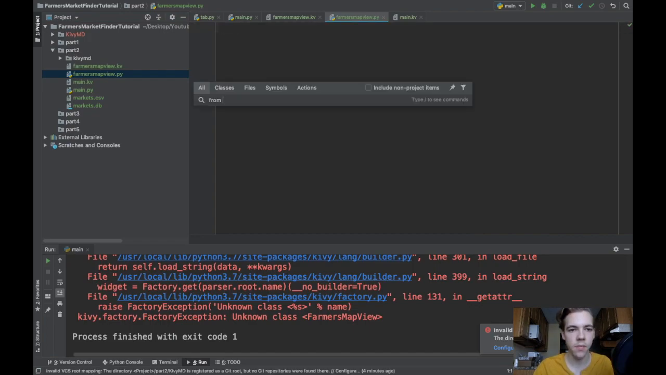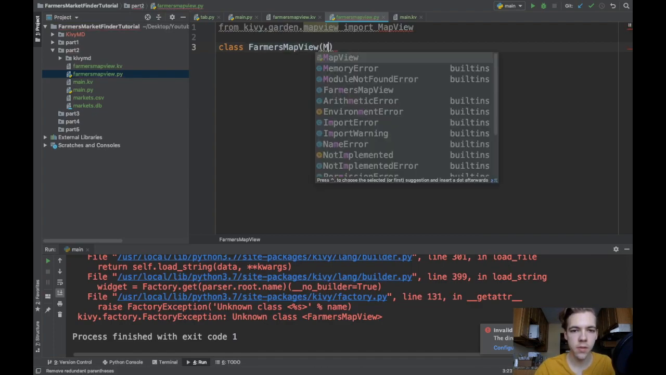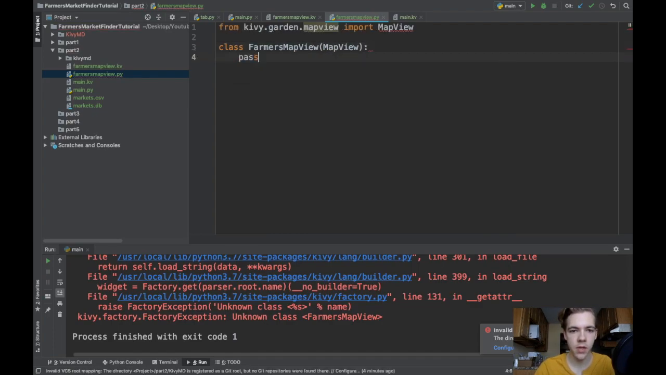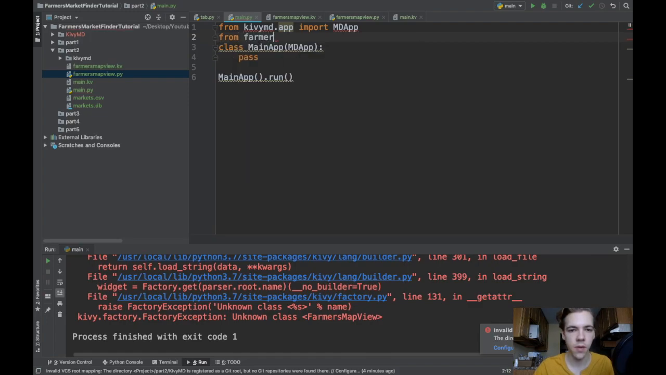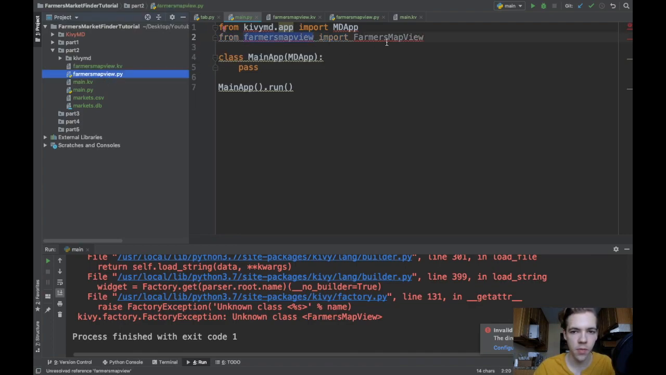Okay, and now from kivy.garden.mapview, import MapView, and let's create my FarmersMapView class that inherits from MapView, and I'll just pass for now. Okay, in main.py I need to import this guy, so from farmersmapview import FarmersMapView. So this refers to my Python file here, and I'm importing my class. Okay, I'll run this,